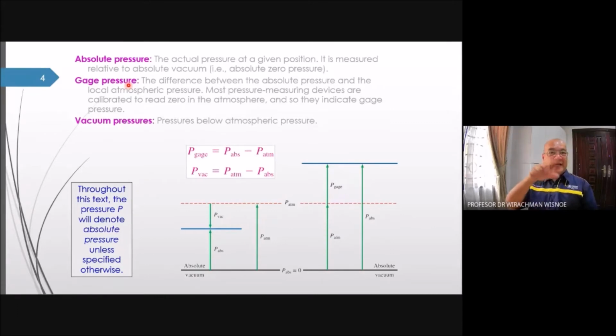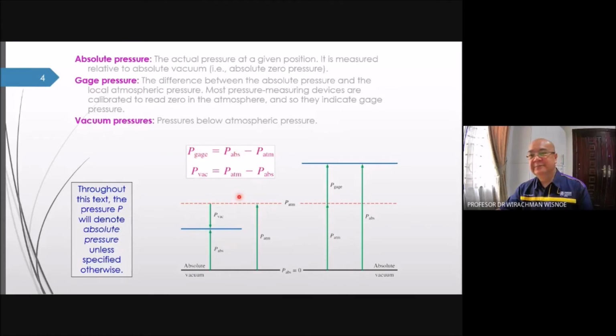So if you have the delta positive, we call it gauge. If you have the delta negative or negative gauge, we call it vacuum. In terms of formula, the gauge pressure, P gauge, is absolute pressure minus atmospheric pressure. Vacuum is ATM minus absolute. So it means P absolute, if you put the atmospheric to the left, P absolute equals P gauge plus